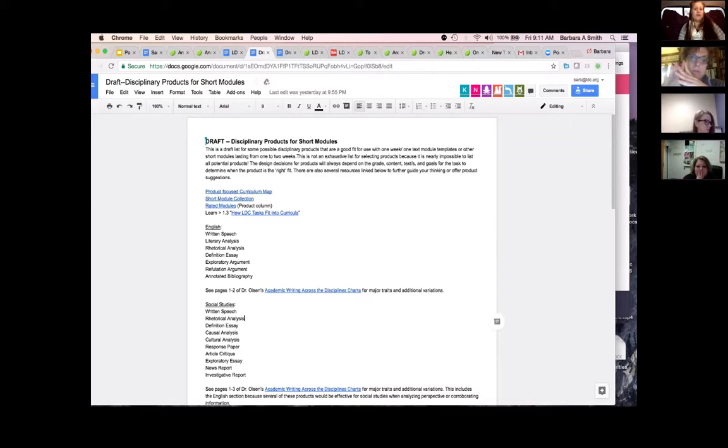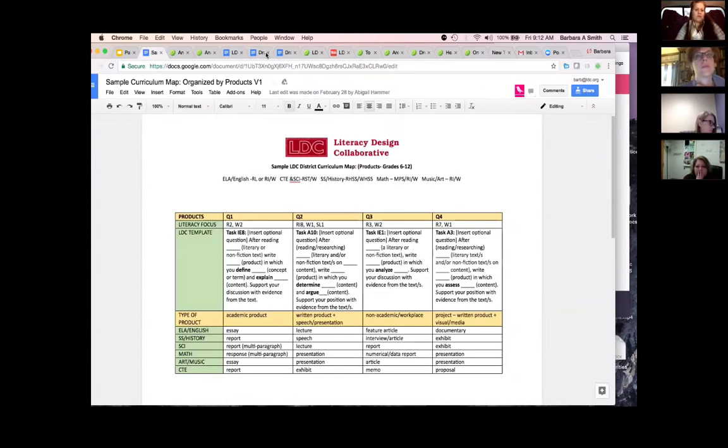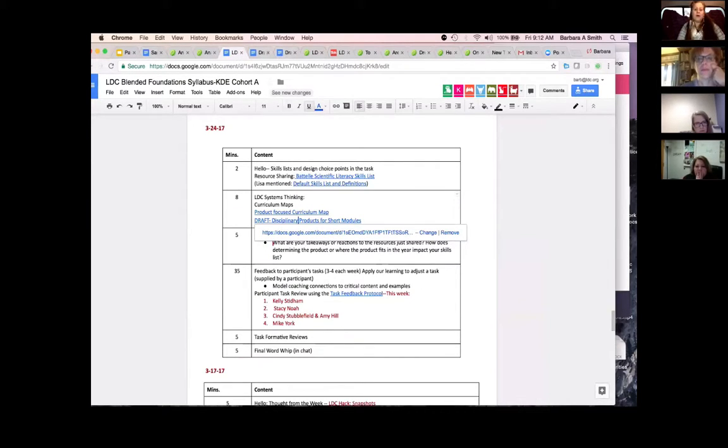And so if you notice on the syllabus, our turn-in talk topic today is, what are your takeaways or reactions to the resources that we just shared? How does determining the product or where the product fits in the year impact your skills list? So when you're thinking about that product focused curriculum map, with where it occurs in the year, does that impact how you view your skills list? What's the relationship between these resources and kind of where our content work is right now? And so I'm going to go ahead and post those questions in the chat,